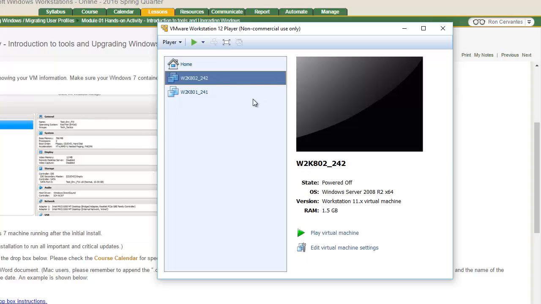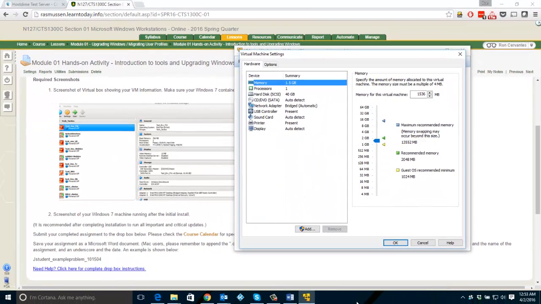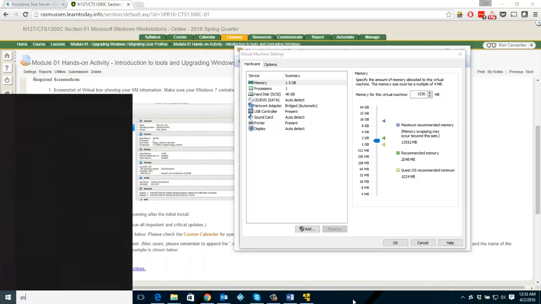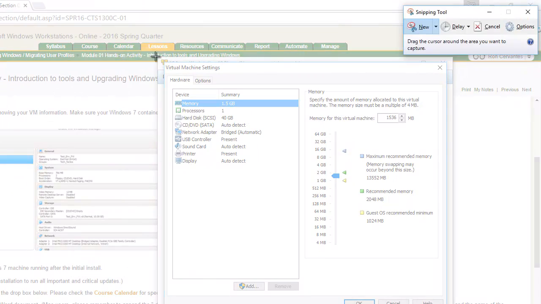So in this case, I'm going to highlight this, and you can see it does not show the details, so I'm actually going to go to Edit Virtual Machine Settings, and I can see different settings throughout here, and this might be adequate here. If you're going to do a screenshot, a great way to do it is to use the snipping tool inside of Windows 7, 8, 10, doesn't matter. I'm going to hit the Windows key on my keyboard and just type the word snip. When that comes up, there's the snipping tool. I click New,